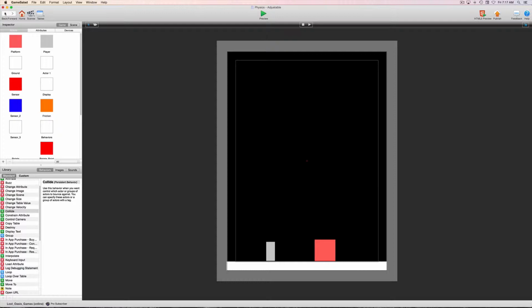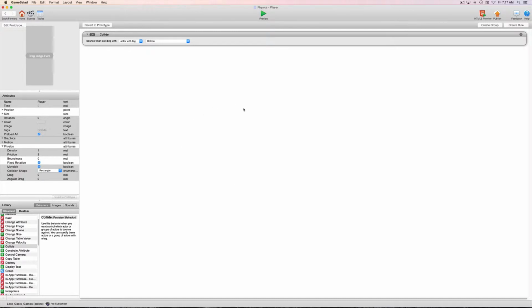There's really no need for it once you've established a certain player that's going to be interacting in your environment, and unless you're stacking blocks or doing something, you basically only need the collide behavior. You don't have to throw it everywhere. You'll figure out when you're having collisions and when you need to add them into other actors. But this keeps it pretty simple, and you don't have to have all this redundant code in your game. So let's open this back up,